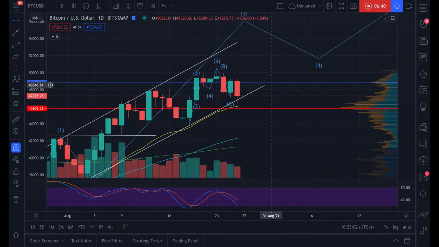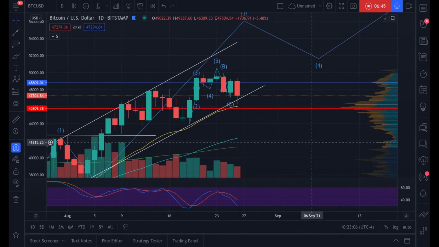We find support on the 21 EMA. Those of you who are subscribed to the channel know that the 21 exponential moving average, a Fibonacci number, in bull markets, in uptrends, whatever project, here we're looking at Bitcoin, but you can backtest this on any project, is indicative of bullish momentum. And when you find support, usually when you bounce off of that, when you're in a bull trend and you're